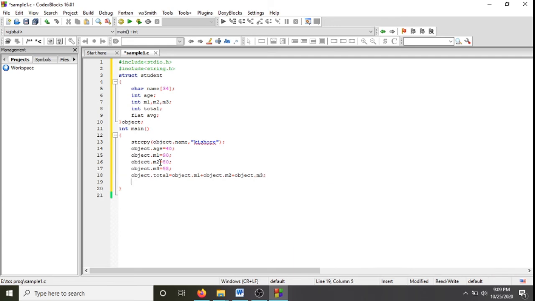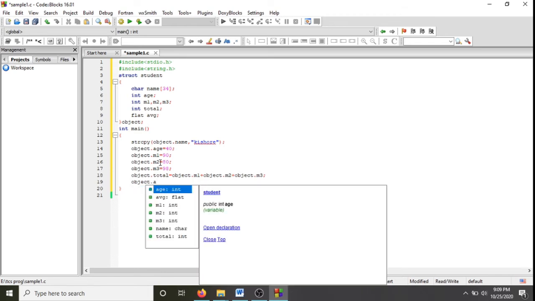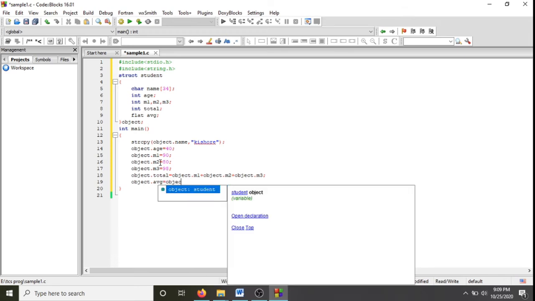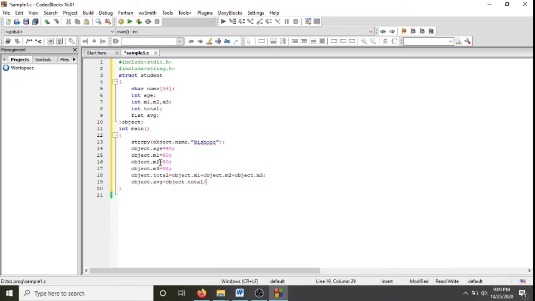By this way you add all the subject marks, which will be stored in the variable total. Now I need to calculate the average. So object dot my average variable is avg equal to, you need to divide the total with the number of subjects given for a student. So 3 subjects, so object dot total divided by 3.